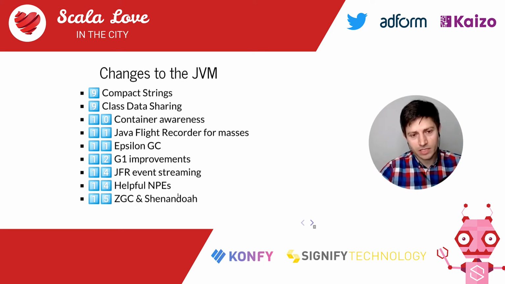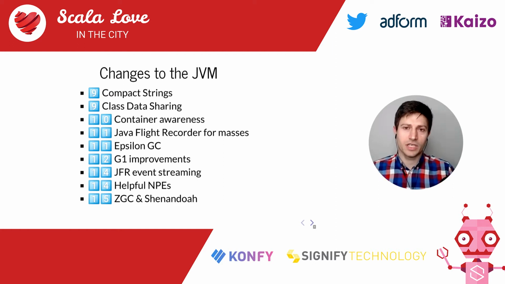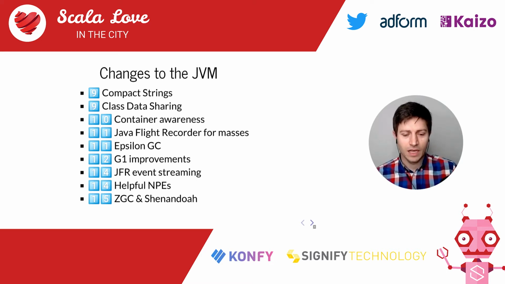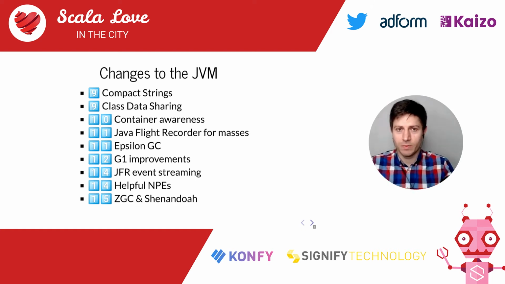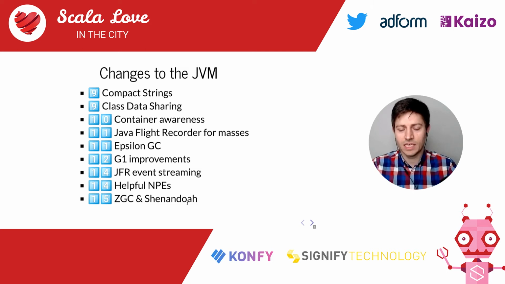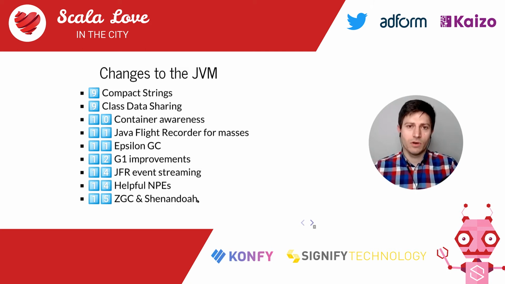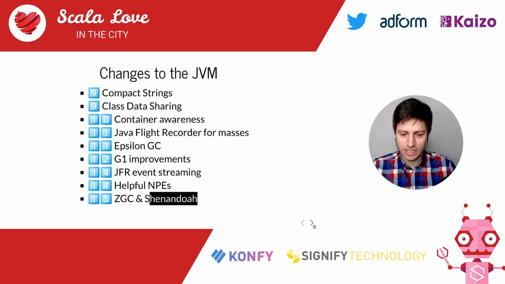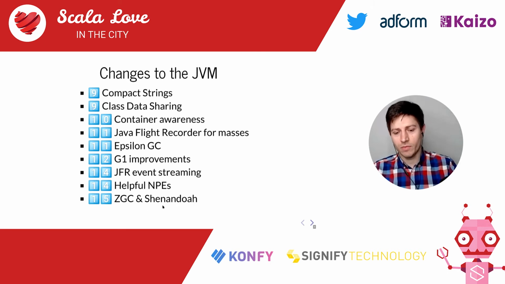And I think maybe the coolest change among all of these is the ZGC and Shenandoah, which are low pause garbage collectors, and they got introduced officially in Java 15. At least Shenandoah got backported to Java 11 and maybe even 8, but I'm not sure if these are the proper, latest versions, just as in Java 15. And they still receive more and more features in the new Java versions to come. Basically, if you don't care about general throughput as much as you care about having really short stop the world pauses, you should really take a look at one of these, ZGC coming from Oracle and Shenandoah coming from Red Hat.